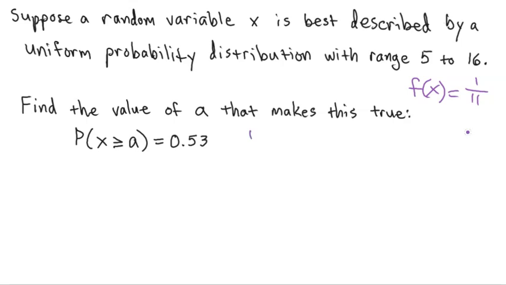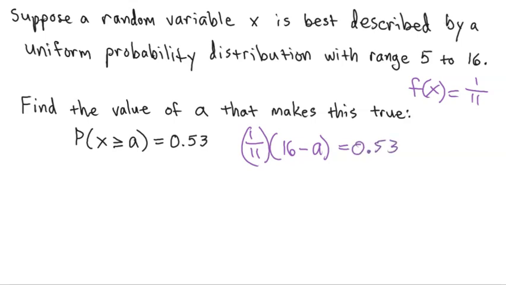Well, we know that 1 over 11 times, now that we're doing x is greater than a, what we're going to do is 16 minus a. When we do less than, we do a minus 5. But when we do greater than, we always do the larger number minus a. We know that a is a number somewhere between 5 and 16, so it's less than 16. So we're going to do 16 minus a, and that's going to be equal to our probability, or our proportion,